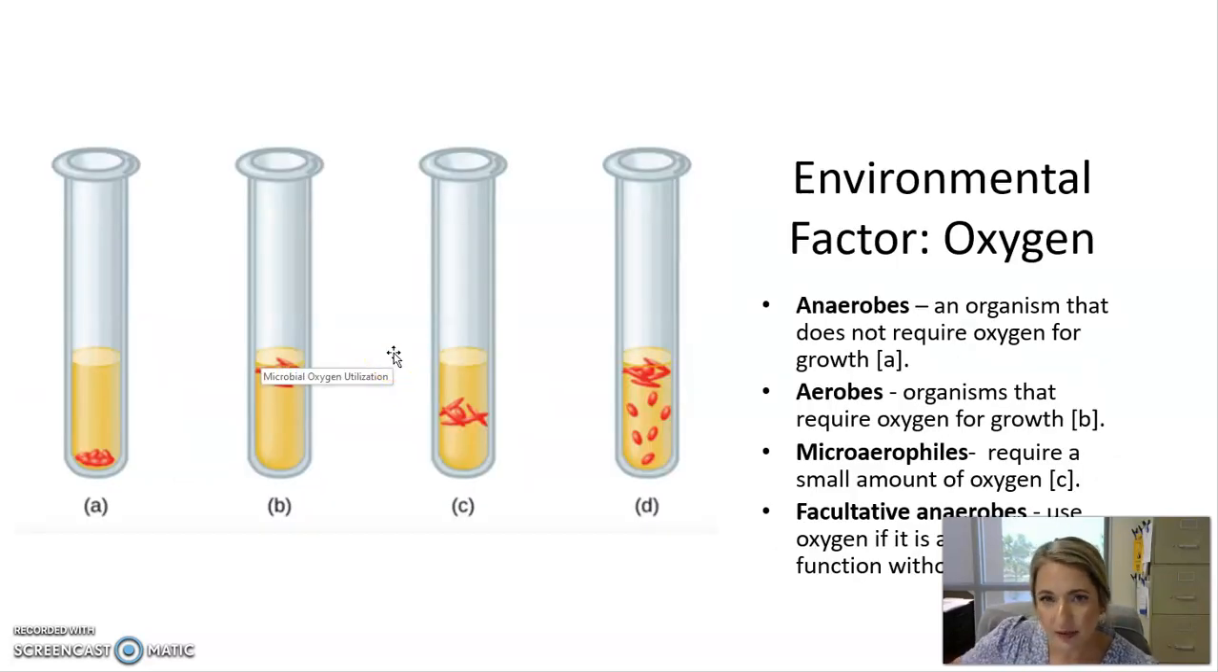We also classify microorganisms based on their oxygen preference. So some bacteria prefer oxygen, some don't. Some don't care, they can survive in either type of environment, and then some only want a small concentration of oxygen. So we can classify bacteria accordingly based on that. If a bacterium is not dependent on oxygen, so they don't need oxygen to survive, we would classify them as